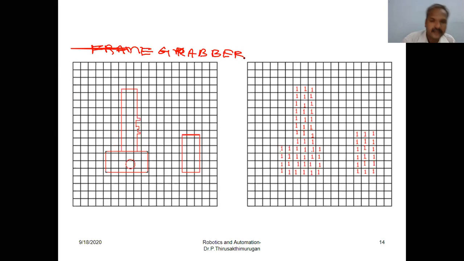In the frame grabber, we have to assign the decoded region growing images. You see 1, 1, 1. This indicates the regions are growing by object image.